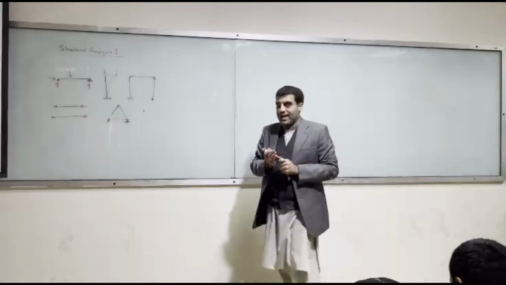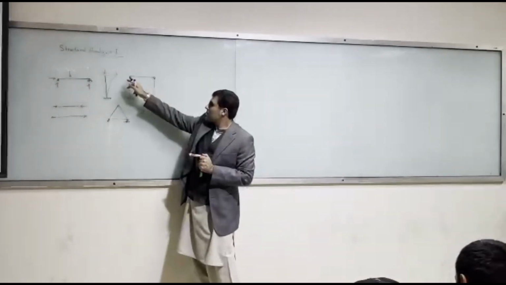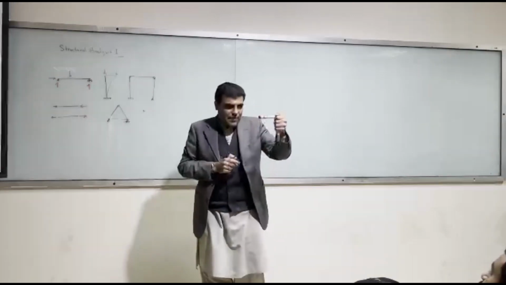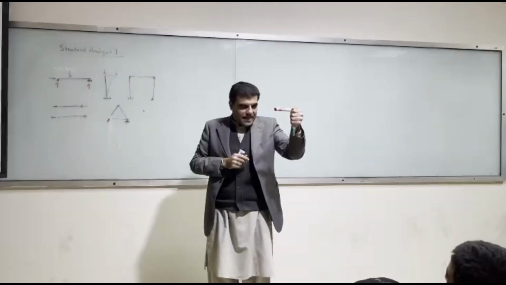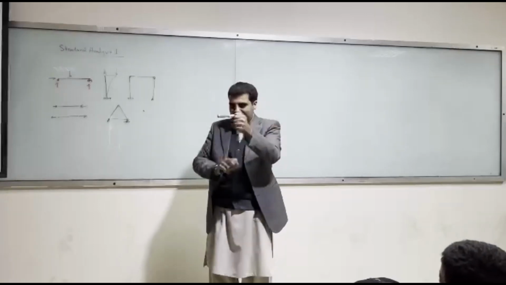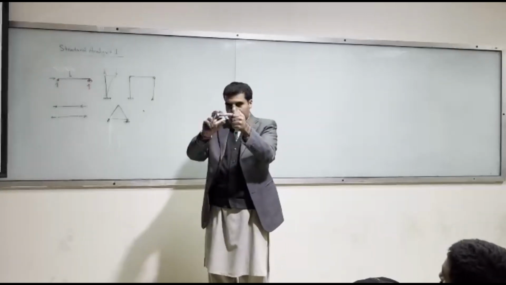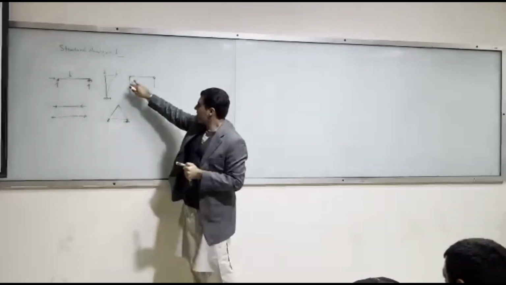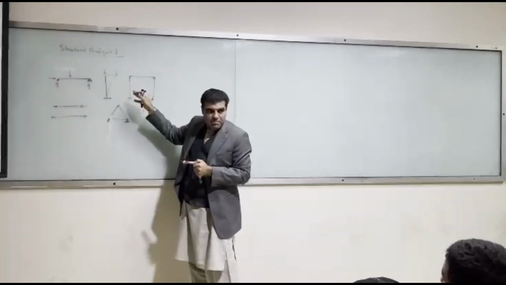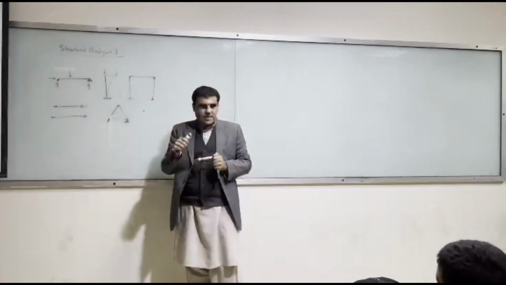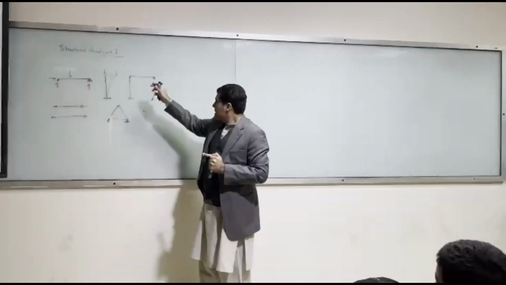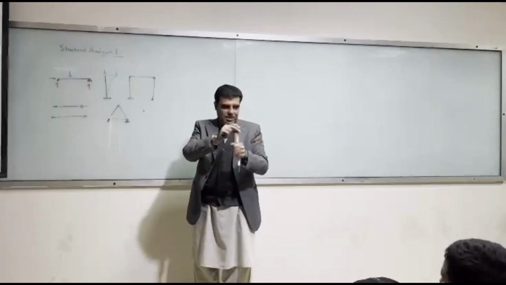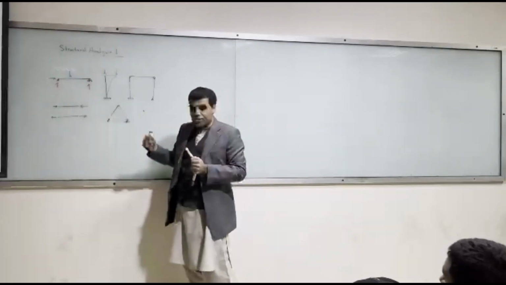I gave you one example of one type of joint where you have a fixed connection. Fixed connection means you apply the load and this connection stays like this. You apply the load and it doesn't move. That is your fixed connection, also called a portal connection. In the case of a pin connection, you can rotate it, so it can move. That is your pin connection.